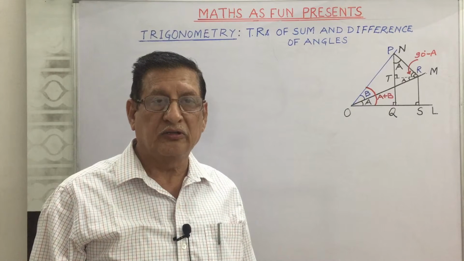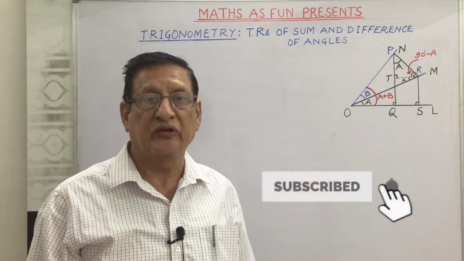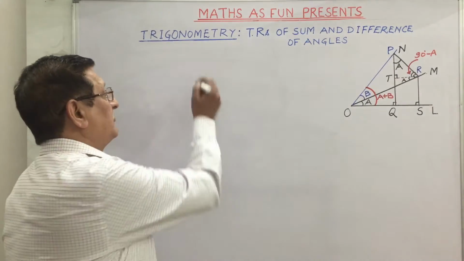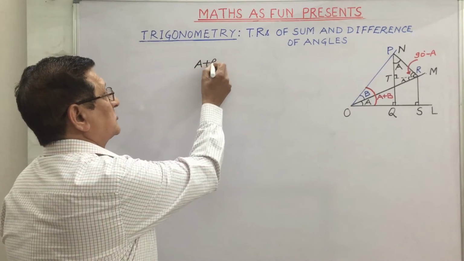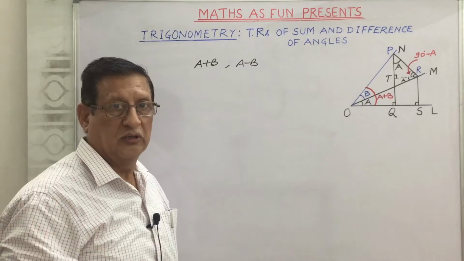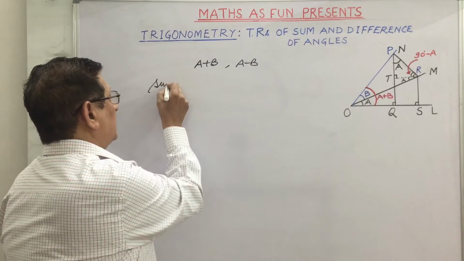Hello everyone, in this video we will learn about trigonometric ratios for sum and difference of angles. Suppose there are two angles A and B, then we will find out the trigonometric ratios for A plus B and A minus B. To find out the trigonometric ratios of sine A plus B